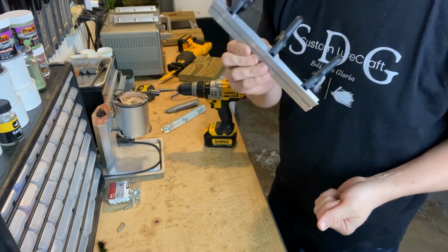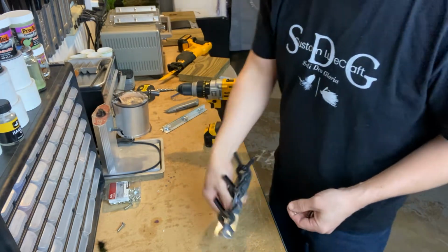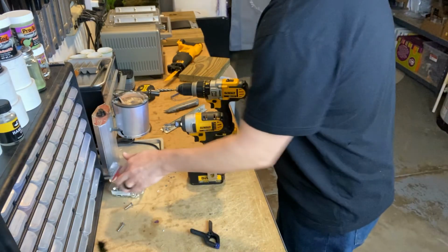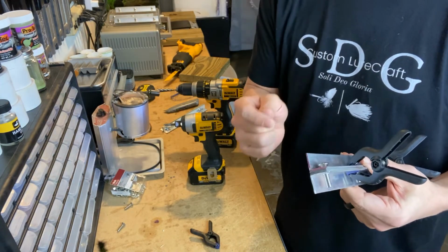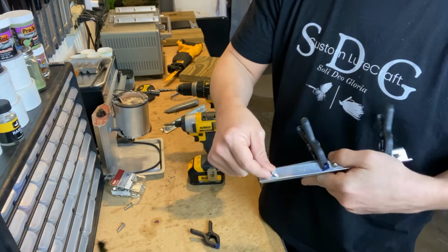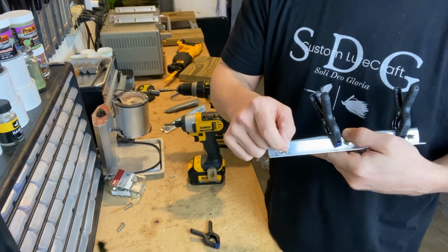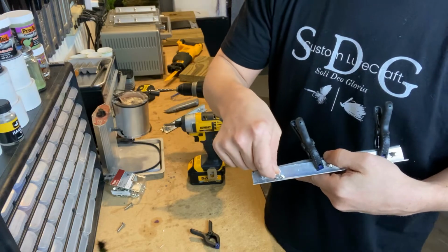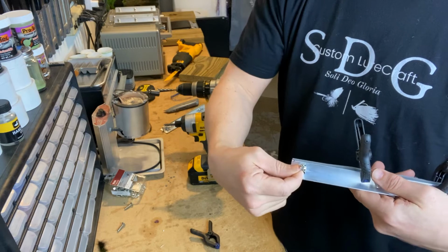Put the screws in, and let's talk about the wing nuts. Why those are a benefit to this design. The reason I like the wing nuts is because I can tighten and loosen this thing with just a screwdriver once the wing nut is on. Because, as you can tell, when you go to put the wing nut on, it won't spin. You could put a regular nut on there and it would spin, but the wing hits the bottom of this. But I actually think that's a benefit, because when it hits the bottom of it, it keeps it from moving,